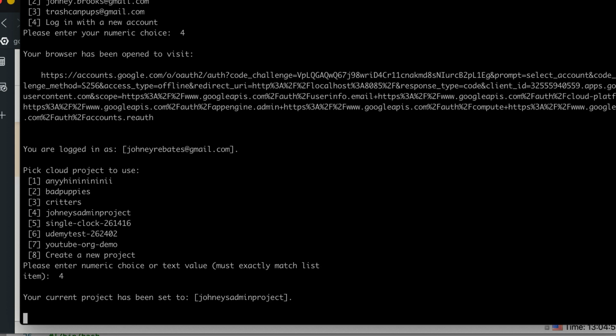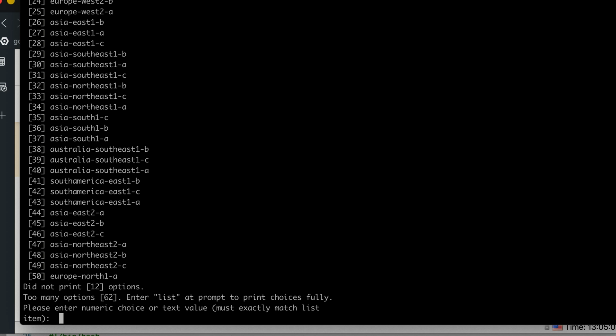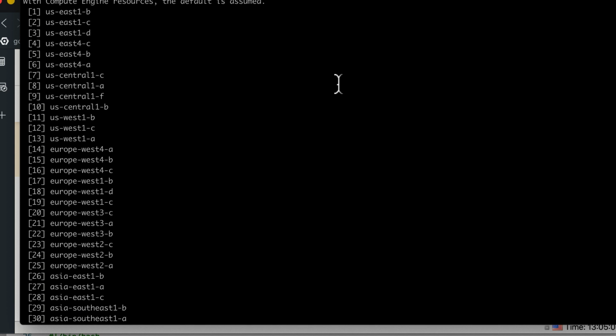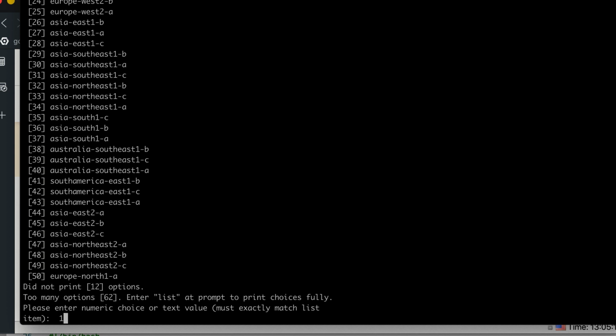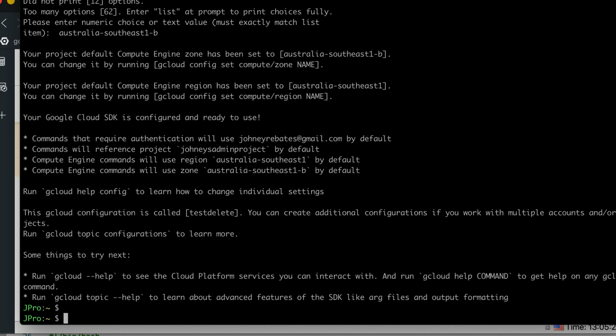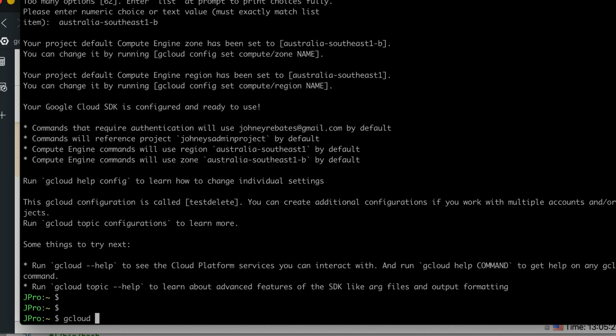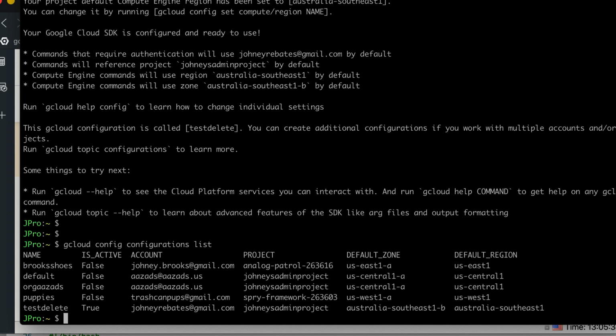Now I would just select the zone. All right, I can pick Europe West 4A, and Europe West 4A will be the zone and Europe West will be the region. You know what, let's go to Australia. So now Australia Southeast 1B is the zone, and Southeast 1 would be the region, and we can verify that using the gcloud configurations list command. Okay, now the thing to note here, that test delete project configuration that I just created,